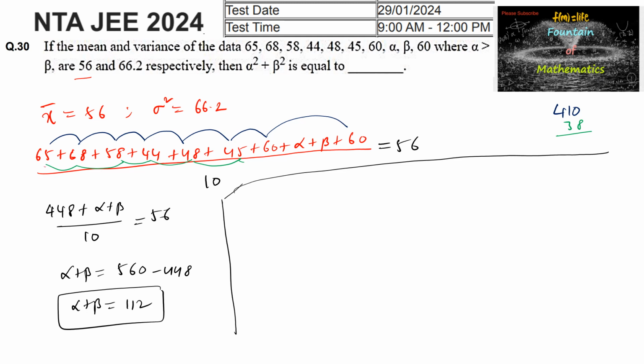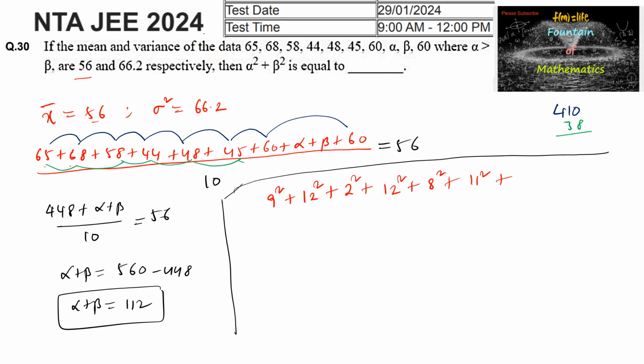So we have to write 65 minus 56, which is 9, 9 square, plus 68 minus 56, so we can write here 12 square, and 58 minus 56, that is 2 square, and 56 minus 44, which will be 12 square, and again 56 and 48 will be 8 square, and 56 and 45 will be 11 square,